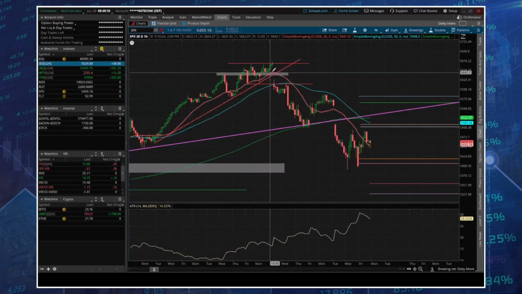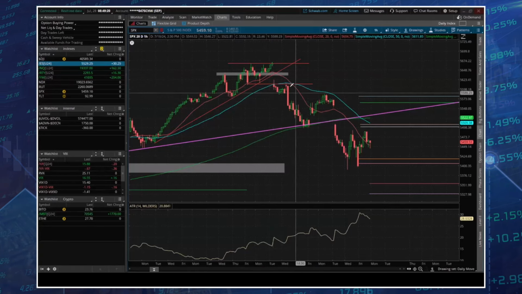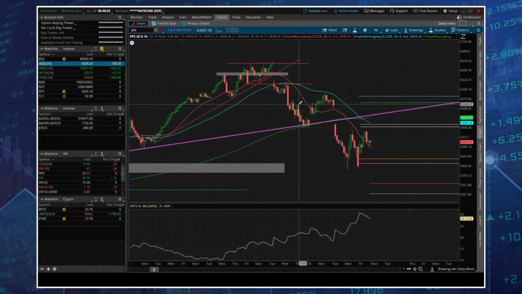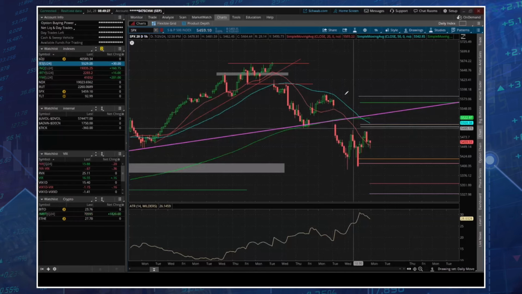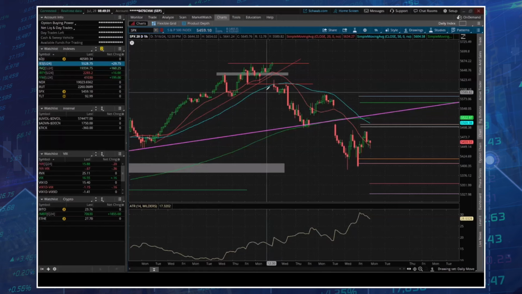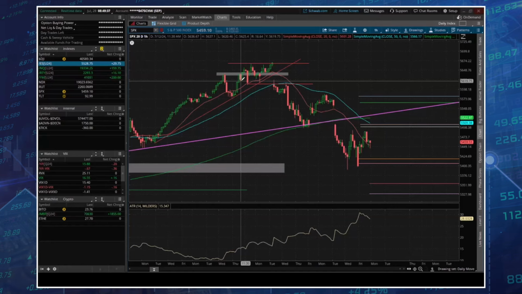So with this move back here, and this is as early as last Tuesday, a lot of people got nailed on this move. Oh, no, I'm sorry. I think they got nailed on this move here. This was the big down day. A lot of people got nailed on this move here, but the reality is we can see it coming. And this is the biggest point: understanding the context of the marketplace is going to be the biggest advantage that you can have in your trading.